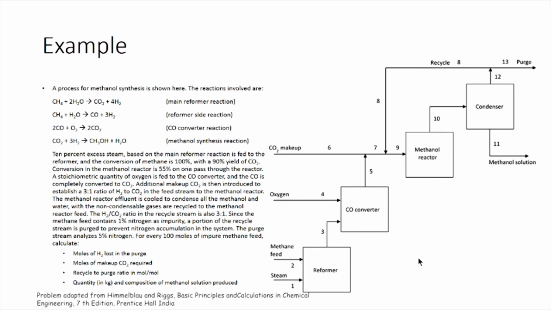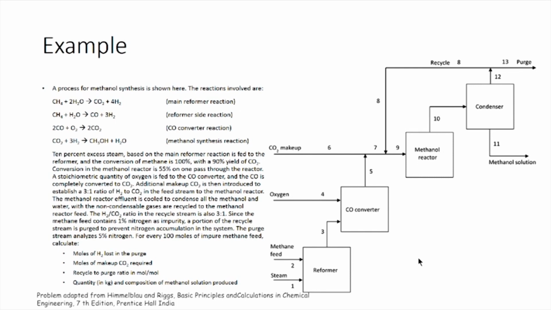10% excess steam based on the main reformer reaction is fed to the reformer, and the conversion of methane is 100% with a yield of 90% for CO2. Conversion in the methanol reactor is 55% on one pass through the reactor. The stoichiometric quantity of oxygen is fed to the CO converter, and the CO is completely converted to CO2. Additional makeup CO2 is then introduced to establish a 3:1 ratio of hydrogen to carbon dioxide in the feed stream to